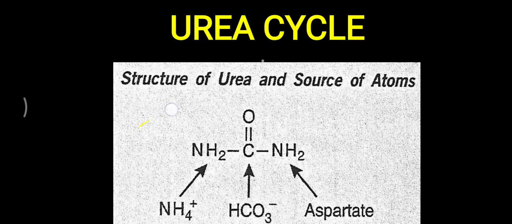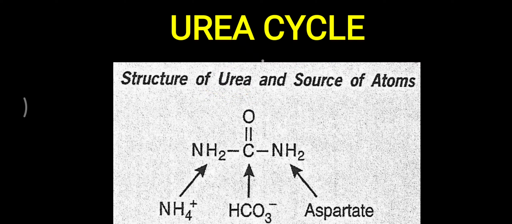When protein is degraded, amino acids are separated from that protein. Each amino acid contains an amino group, and from that amino group ammonia is generated. Ammonia being a highly toxic molecule, it is immediately detoxified into a urea molecule, which is finally excreted from our body as the end product of protein catabolism.